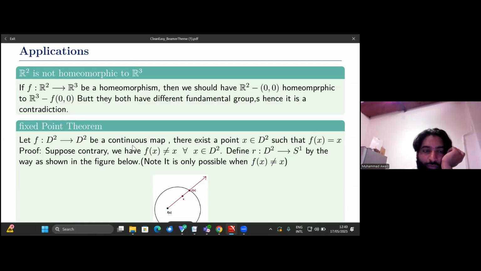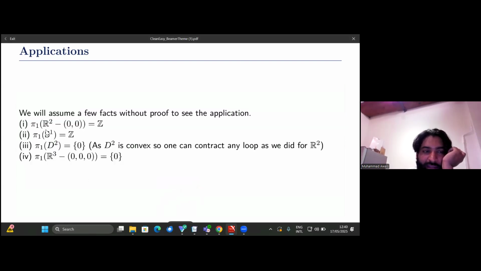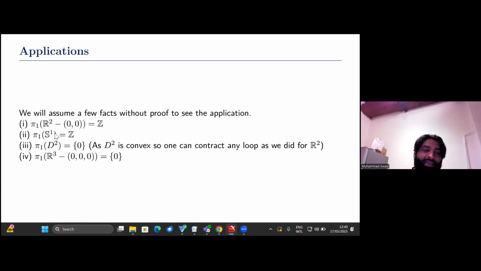Before going to applications, I wanted to assume something. I have not proven it, but I can assume at least. I gave the idea that the fundamental group of R2 minus 1 point is Z. I am not using a base point because R2 minus 1 point is path connected, so I can drop the base point since they are all isomorphic. Let's say the point removed is the origin. One can also convince oneself that the fundamental group of S1 is Z, and the idea is exactly similar.